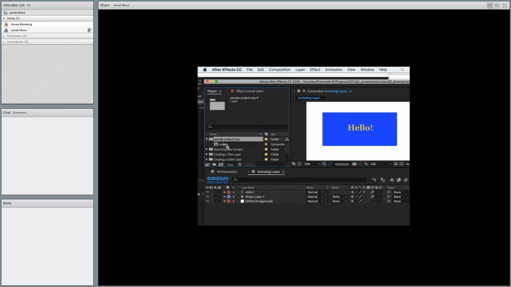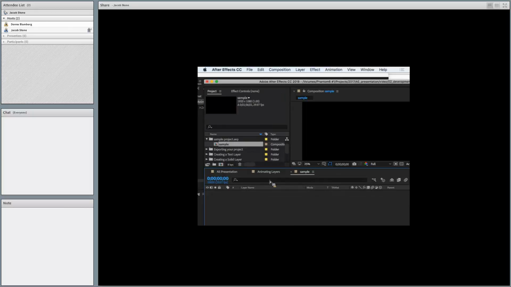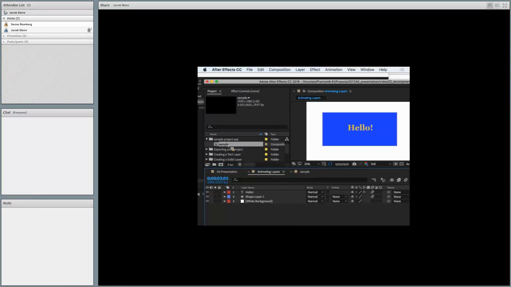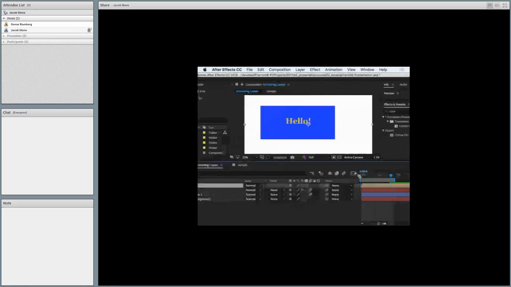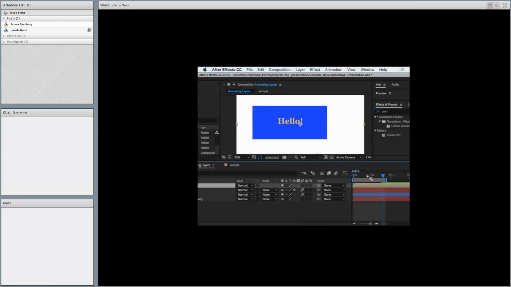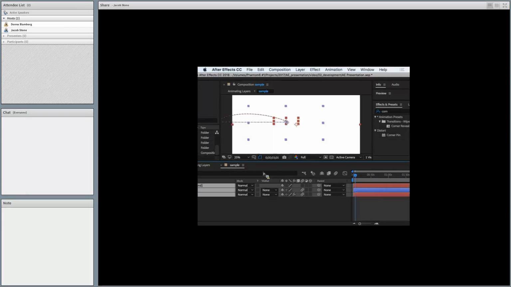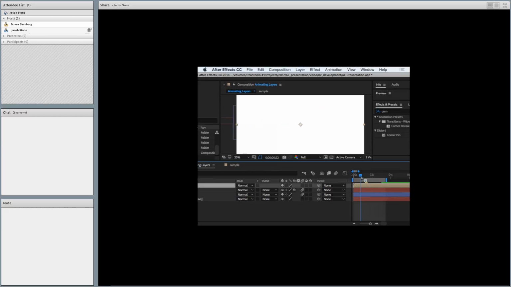I can either open it by itself by double clicking, or if I go back to what I was working on, I can drag it down here and place it on top. It shows up as brown because it's a composition, but you can nest, say, all this hello stuff. I'm sure you can pretty much nest anything you want in another composition. So I'll copy this, open this composition, paste them all. This is gonna look weird, but